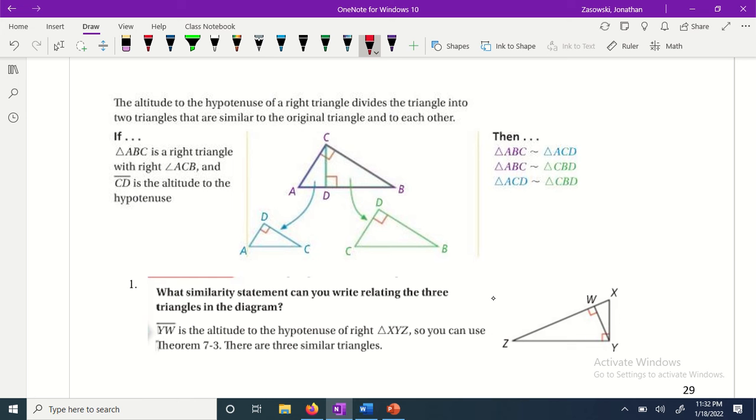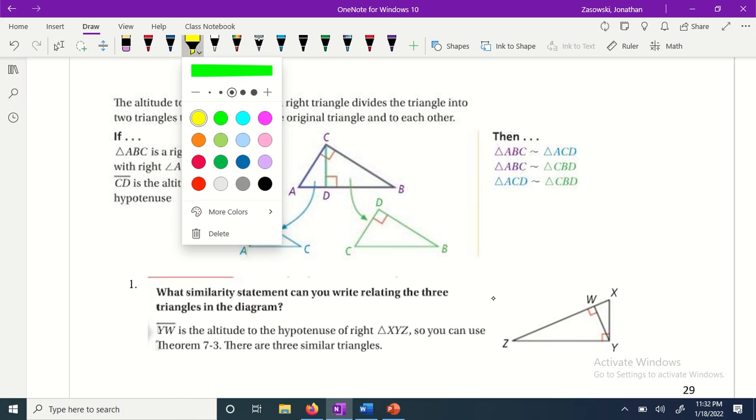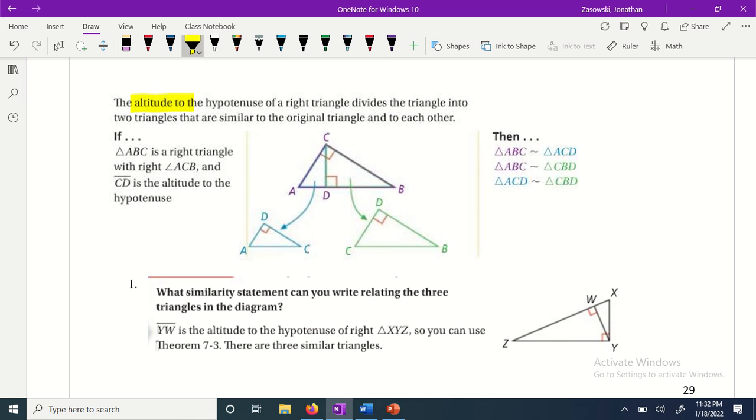So we're going to be finding questions that start with a right triangle and have an altitude drawn to the hypotenuse. This is a key phrase that often shows up in these questions. Okay. And what happens is if I have a right triangle,